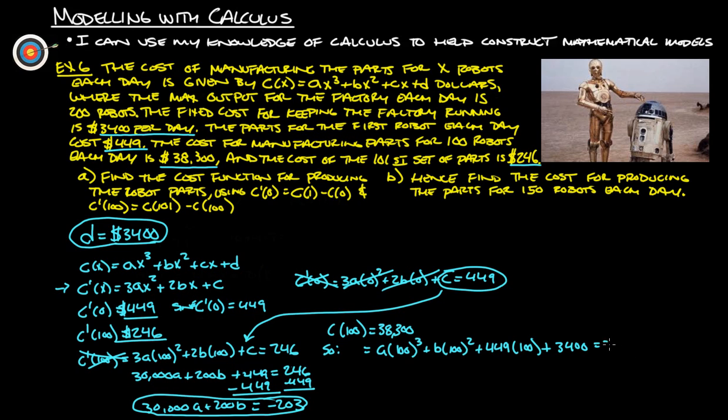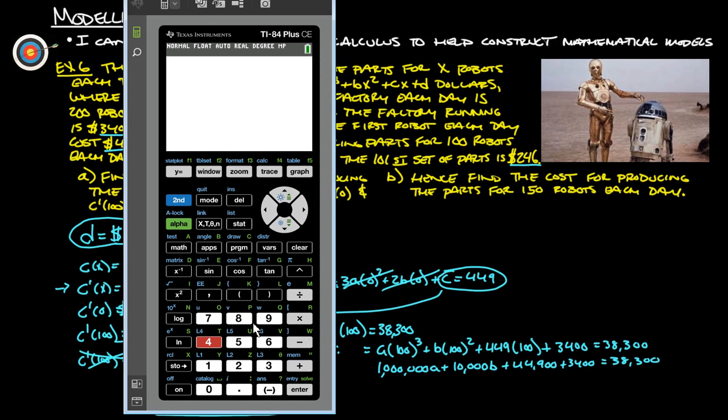Okay, and we know that this has to equal 38,300. So we simplify this. 100 cubed is going to be 1,000,000. 1,000,000A plus 100 squared is 10,000B plus 44,900 plus 3,400 equals 38,300. Okay, so we can take our calculator to help us with